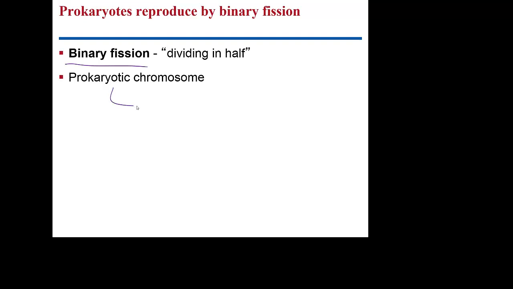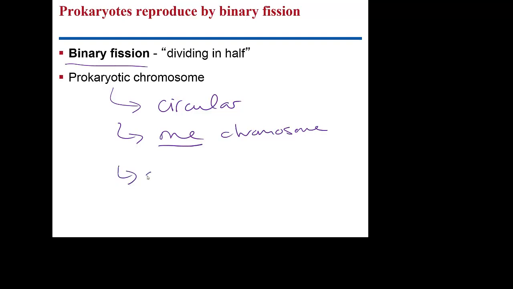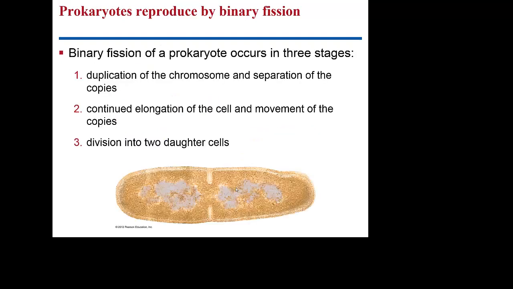Well, with a prokaryotic chromosome, first we look at it being circular. There's only one chromosome, typically. And when we look at these sorts of organisms, of course, they are much smaller than you are. So these traits allow them to simply just replicate themselves. So starting with a replication of the chromosome, and then they're going to separate that so that they have two identical copies of the chromosome, and the cell will simply get longer.